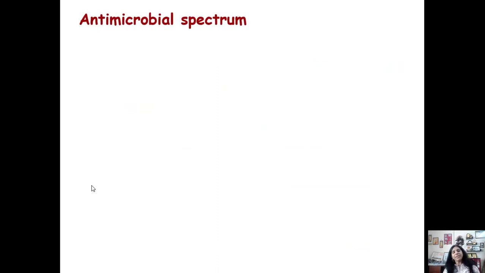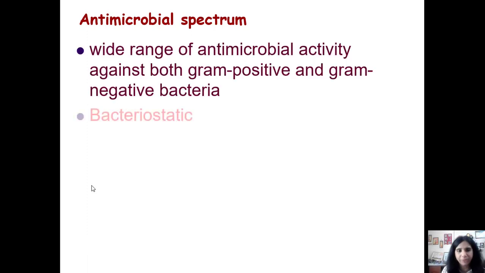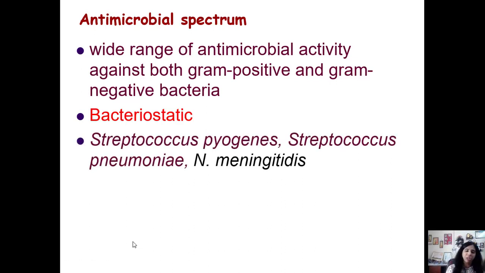Now as far as their antibacterial spectrum is concerned, students, they don't have a narrow spectrum, they have a very broad spectrum. Sulfonamides are broad spectrum in nature, but at the same time they are not cidal in nature, they are bacteriostatic in nature. But they have a large spectrum. Let us go to the spectrum. They have a spectrum against both gram-positive and gram-negative bacteria. Of course, they are bacteriostatic, and the bacteria which they primarily inhibit are Streptococcus pyogenes, Streptococcus pneumoniae, Neisseria meningitidis, although they do not remain the drug of choice for any of these conditions. Haemophilus influenzae, they can still be used.